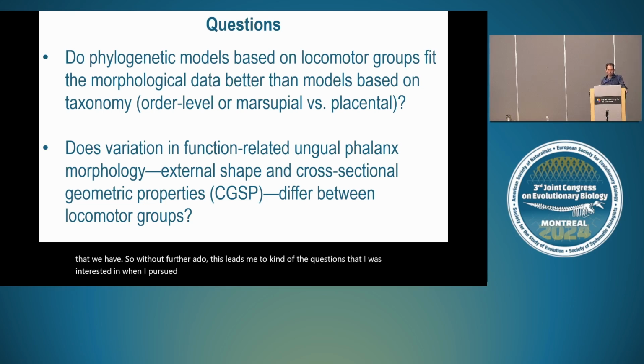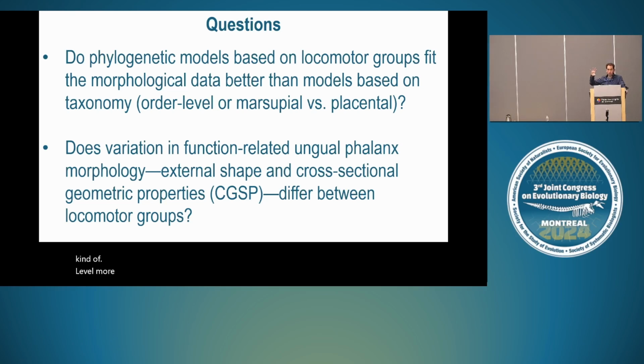The first one was asking, are there phylogenetic models? If we use phylogenetic comparative methods, can we model different evolutionary regimes potentially taking place amongst these particular bones? So for example, does your relatedness to other taxa say something about the shape of your bones more than what you're doing with the bones? So I asked the question, okay, if you're a mammal, are you a marsupial versus a placental, right? Is that maybe one separation that we see? It's a very rough separation, right? Or more specifically, if we look at order-level